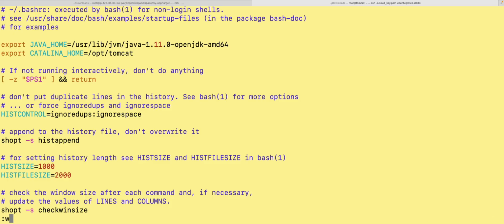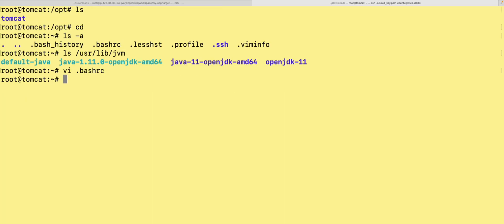So save and exit. After configuring this, you have to apply the changes. How to apply? Use source and the file name. The changes which you made will be applied. So now go to